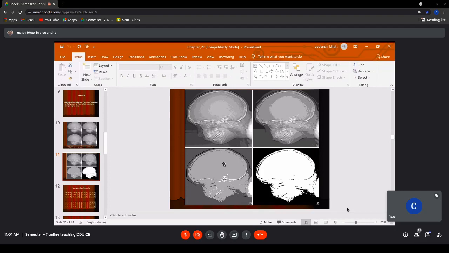Then you will go for 2 raised to 2, so m cross n cross 2 raised to 2. Only 4 levels. You can see this kind of picture where almost all details are lost. You cannot see the details at all. So through gray level resolution, if you reduce, you will lose the details in the image.